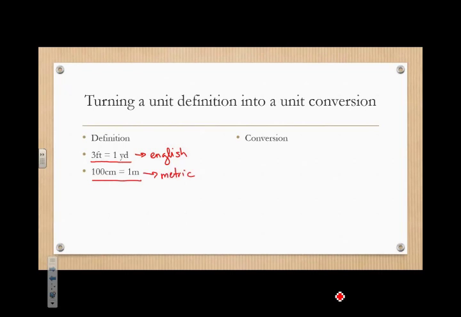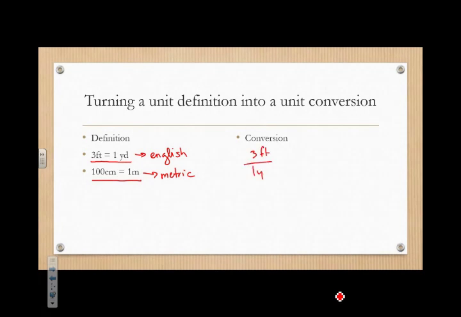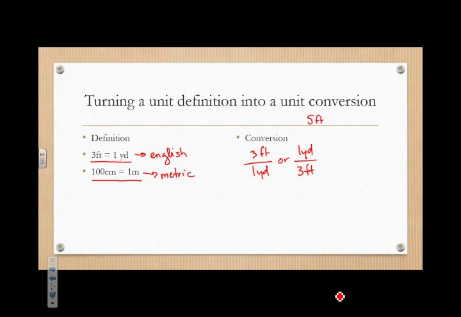Both of these are definitions, and so we can take them and write them as fractions, because essentially they're just another way of saying 1. So I can say 3 feet over 1 yard, or I can say 1 yard over 3 feet. So if I was given a measurement, like let's say I had 5 feet, and I wanted to know how many yards that was, I would look at both of